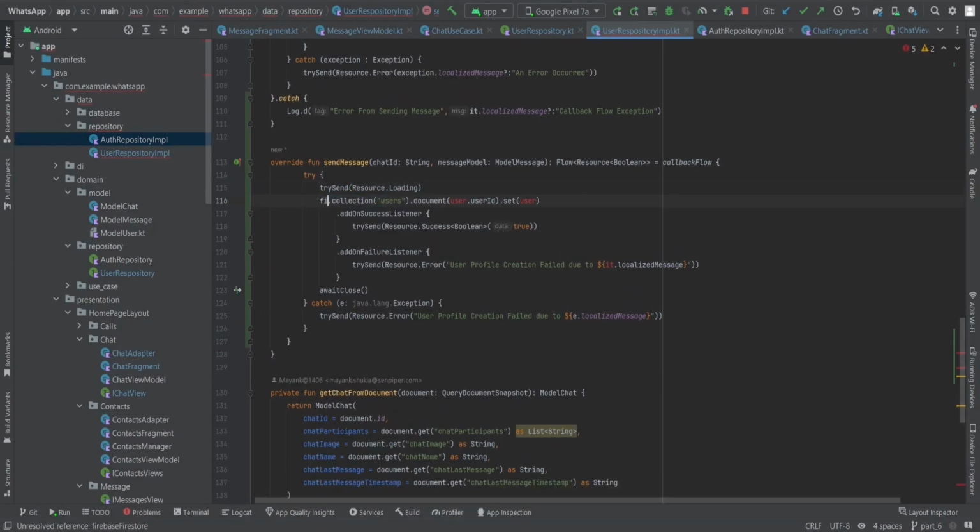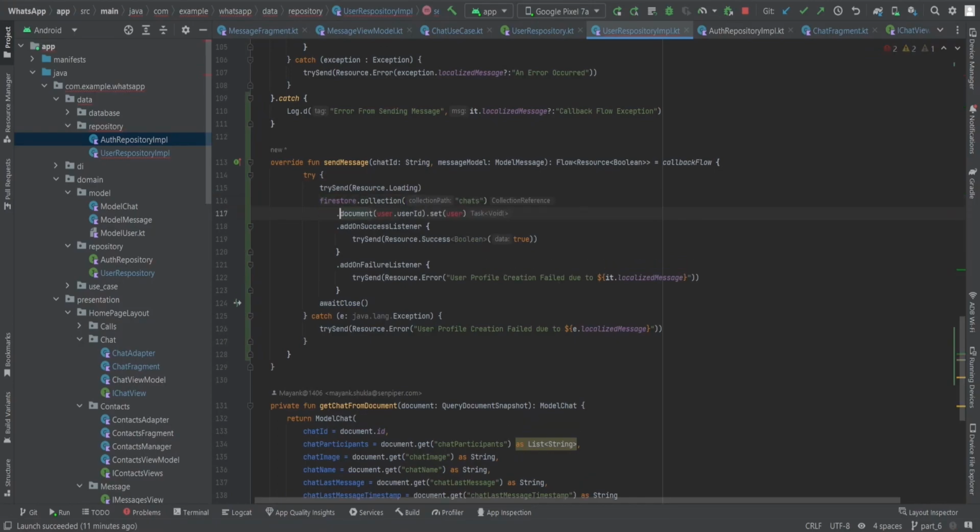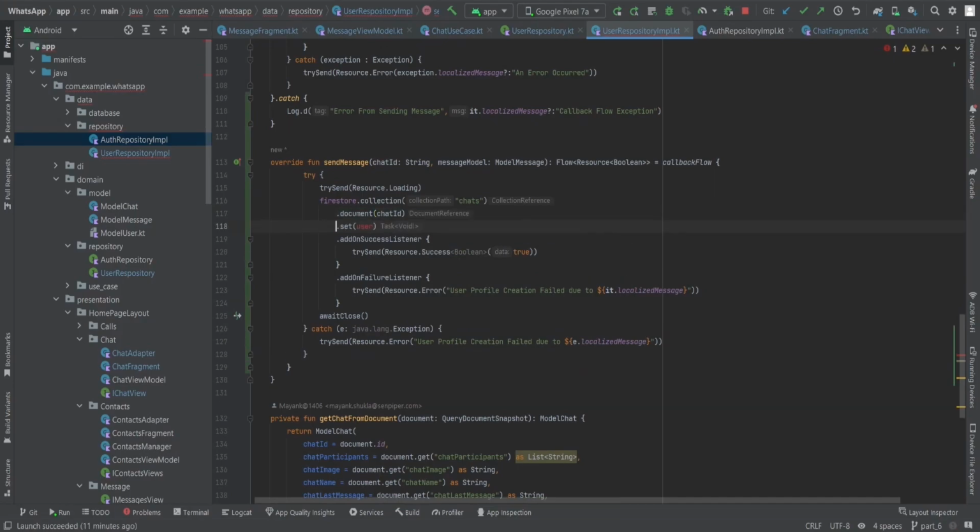We don't have Firebase Firestore here, so simply Firestore.collection. We don't have users here, we have chats. We have the document here, which is chat id. Then we need to set the document here. No, we don't need to set the data here.